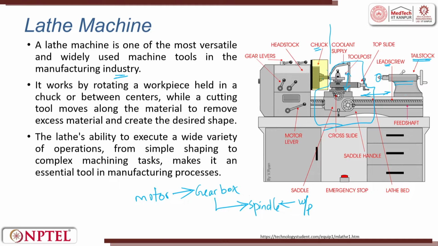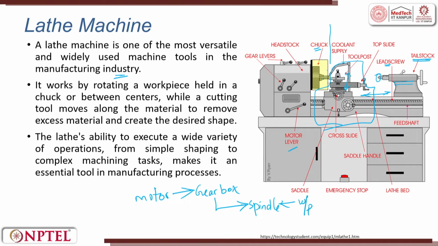They both have independent roles. So they are used to move the tool post. The tool post is sitting in the saddle. So the saddle moves towards the spindle, right. So now let us see the names, whatever is given. Motor, lever, then you have gearbox, headstock, wherein you have a chuck.